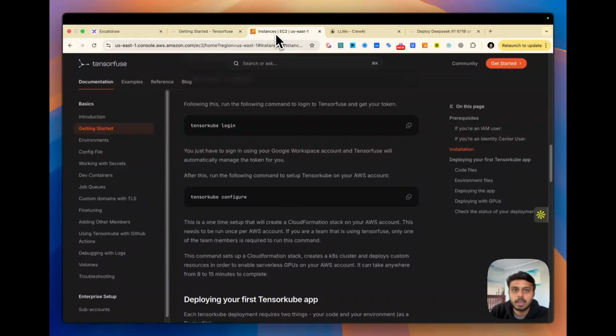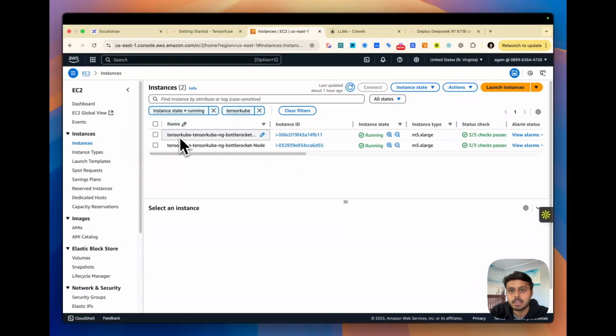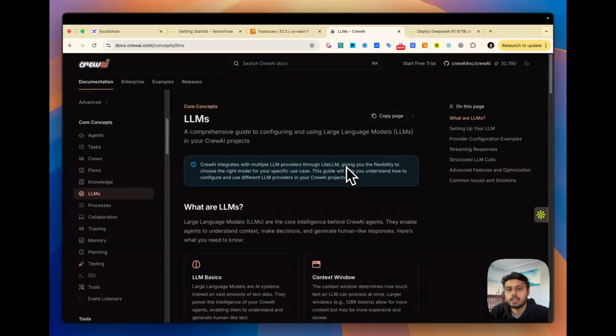I have already done it. And if you see on my AWS console, you can see there are two M5 machines that are running, and this is essentially my Tensorkube EKS cluster. Once we have this set up, then we will move on to how we can use these models in our